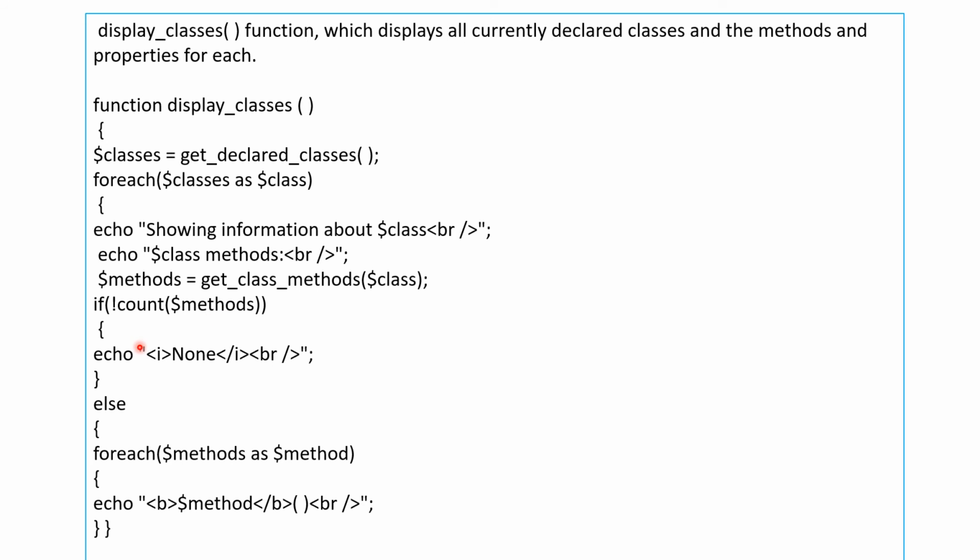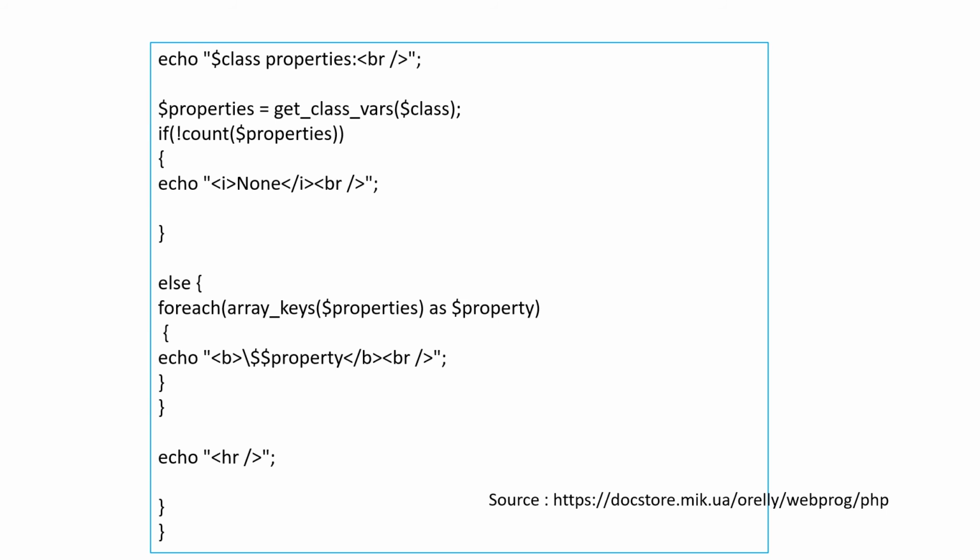Then we simply display none. Otherwise we can use the foreach construct, which displays all the methods in the given class.